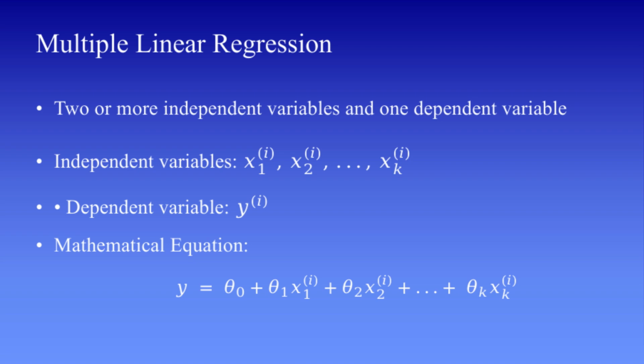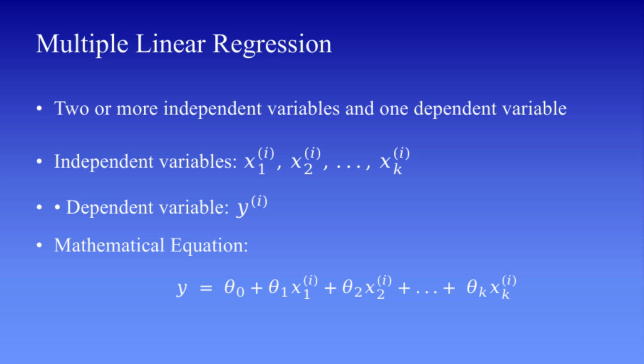Instead of a single input affecting the output, we now consider multiple inputs. For example, if we want to predict the price of a house, it may depend on factors like size, location, number of rooms, age of the property, and so on. Each of these variables contributes to the final prediction. The coefficients, which are theta 1 and theta 2, and so on, tell us how much each variable influences the output. For instance, one variable might have a strong impact, while another might have only a small effect. Multiple linear regression helps us quantify these contributions.